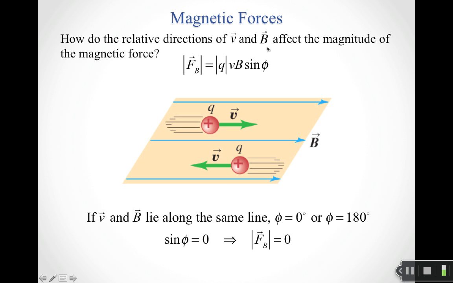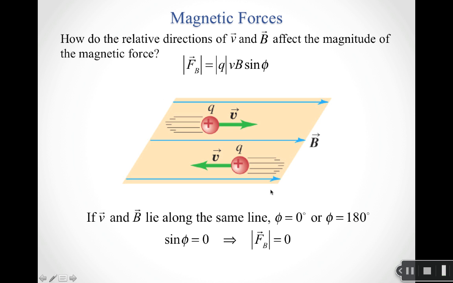So let's come back to thinking about the relative direction of the velocity vector and B. Again, here I've got a moving charge moving to the right, and a moving charge moving to the left. Both of these are moving in a magnetic field that, again, our field lines are showing us points to the right. Well, in this case, that means that the velocity vectors of these two charges lie along the same lines